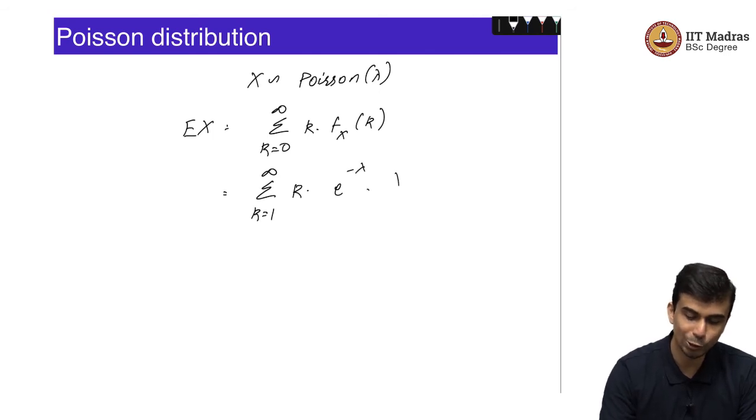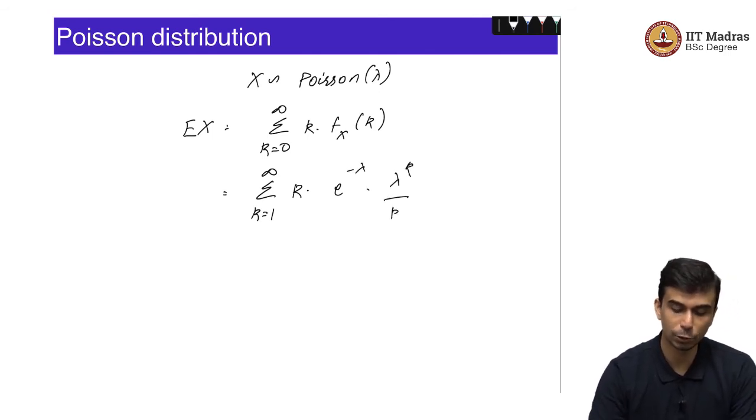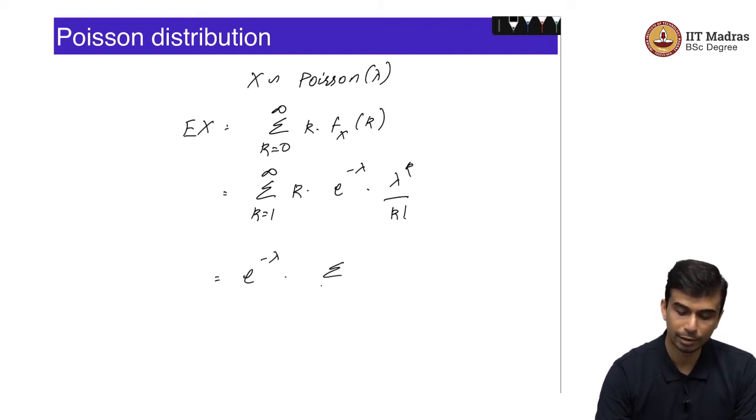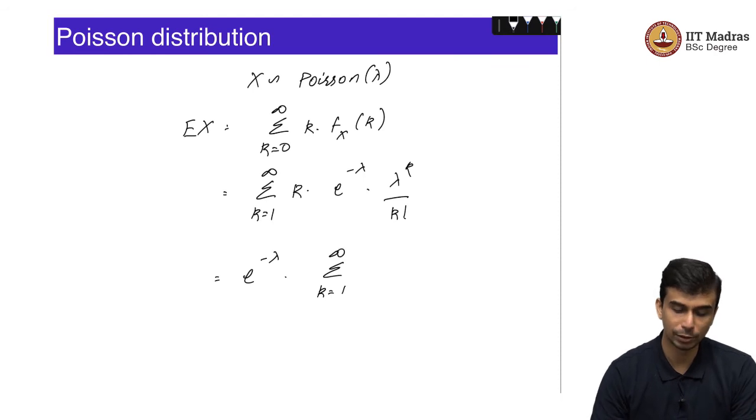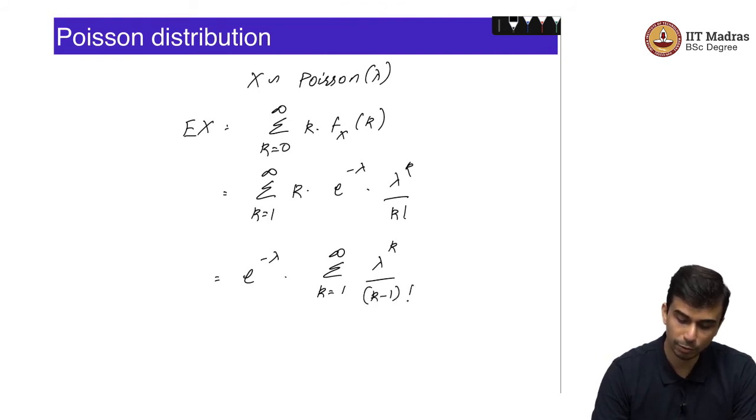We will just make it 1 to infinity because k equal to 0 adds nothing. So, k equal to 1 to infinity, k times e to the power minus lambda, lambda to the power k by k factorial, and k factorial and k cancel to give k minus 1 factorial. So, we will take e to the power minus lambda outside, e to the power minus lambda into the sum over k equal to 1 to infinity